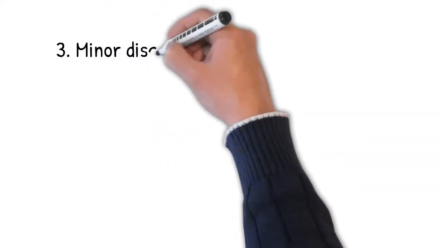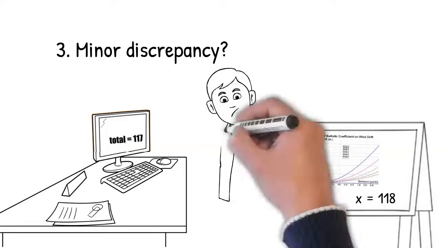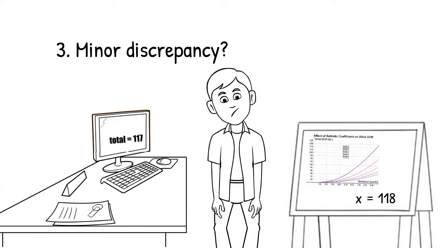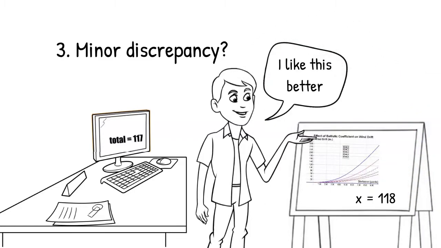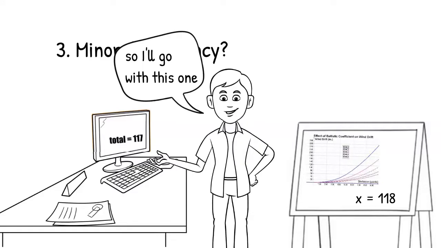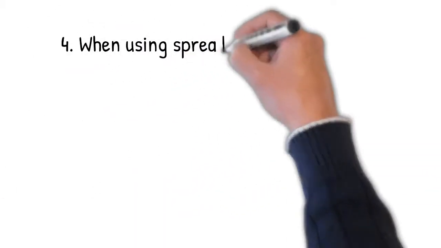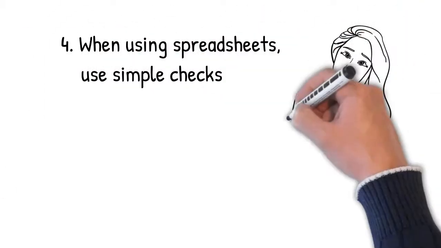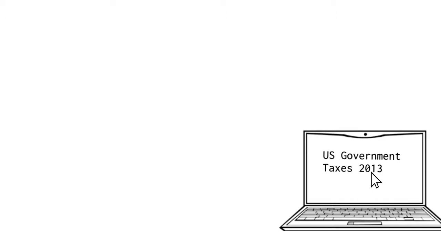3. Be aware that you may find small discrepancies due to rounding and slight differences in methodology that can't be resolved. If so, give preference to figures that are contrary to your viewpoint and use the most cautious, plausible interpretations of the data. This shows that you're more serious about the truth than reinforcing your own views. 4. If you're working in a spreadsheet, which we recommend whenever possible, here are some clever and simple ways to verify your work. If you need a figure for only one time period,